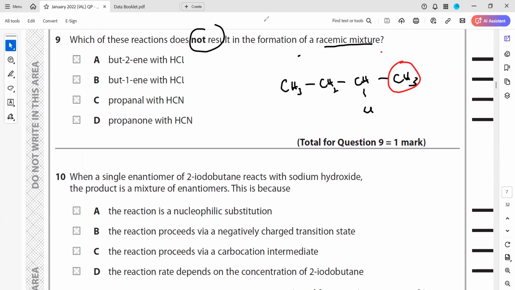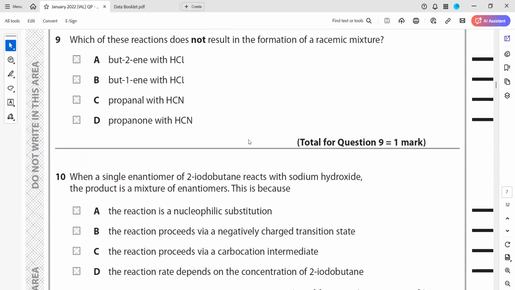but it's not about the link. If but1ene, like I think the 9 is, yeah, because an equal amount is there, this one is not forming a chiral carbon. Why is it not forming a chiral carbon? Because if it is but2ene,